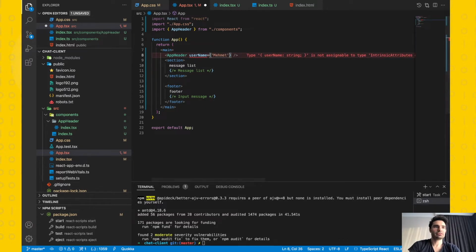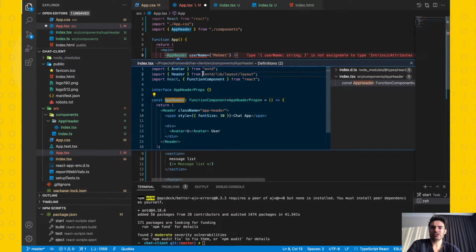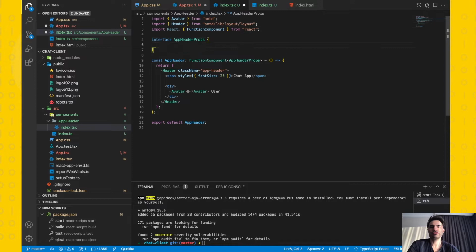I am giving it, and we can define our username property in the app header component. GitHub Copilot is automatically providing this line for us. That's cool. We can destructure this prop in the component and